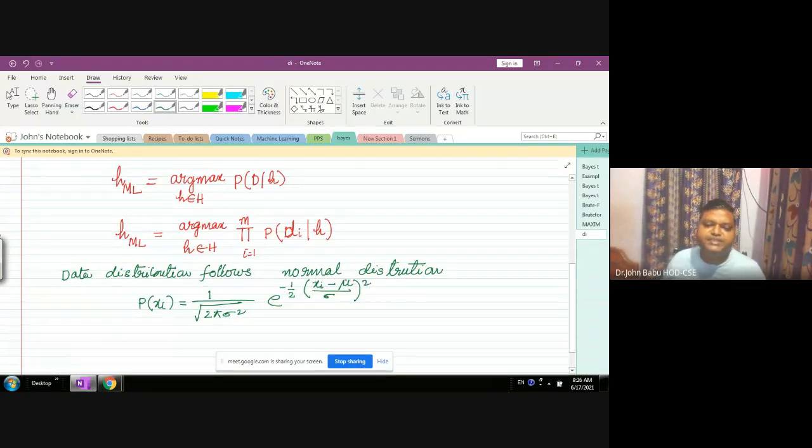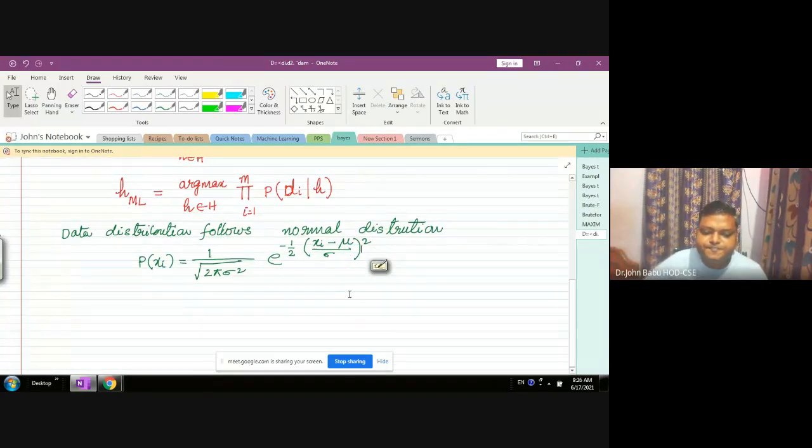That is the probability density function of the normal distribution. This is a standard formula. Now substituting this in our maximum likelihood hypothesis,